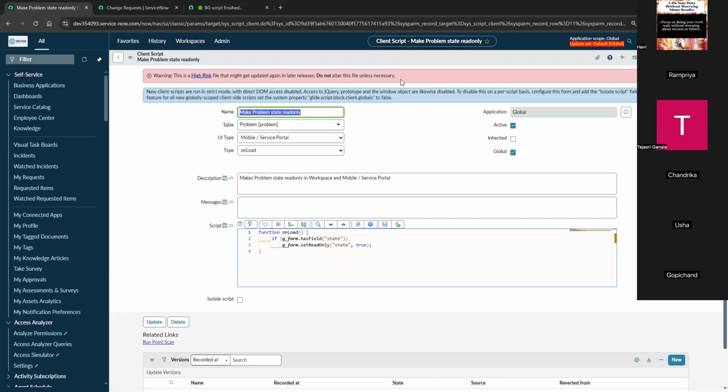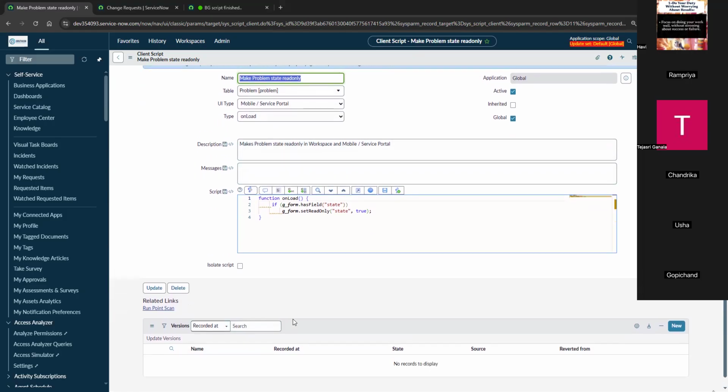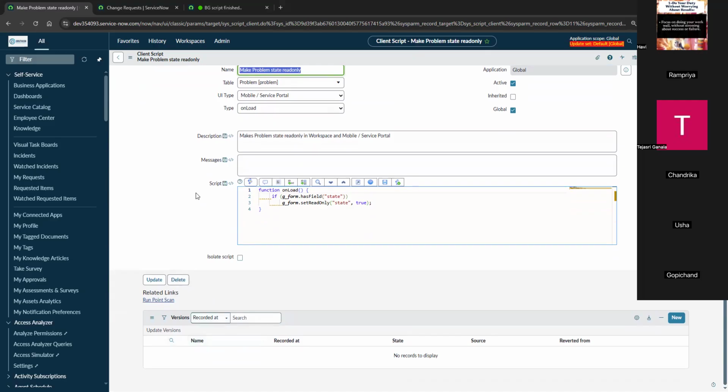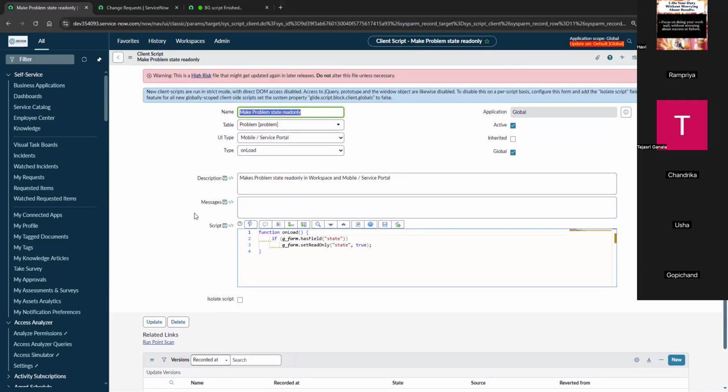What does it mean? This particular script is from ServiceNow, an out of box script. It comes without any version. Yes, we can update this as an admin. You can update the out of box script, but whenever ServiceNow releases the next version, now we are in Zurich, so if Australia comes and they add some updates here,